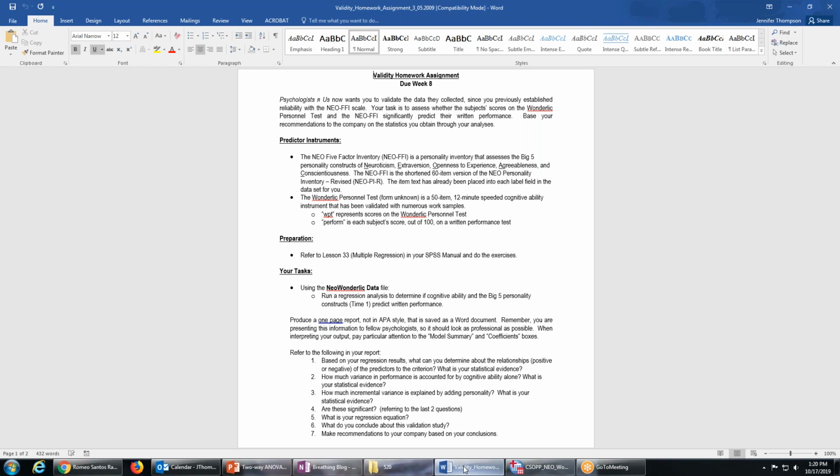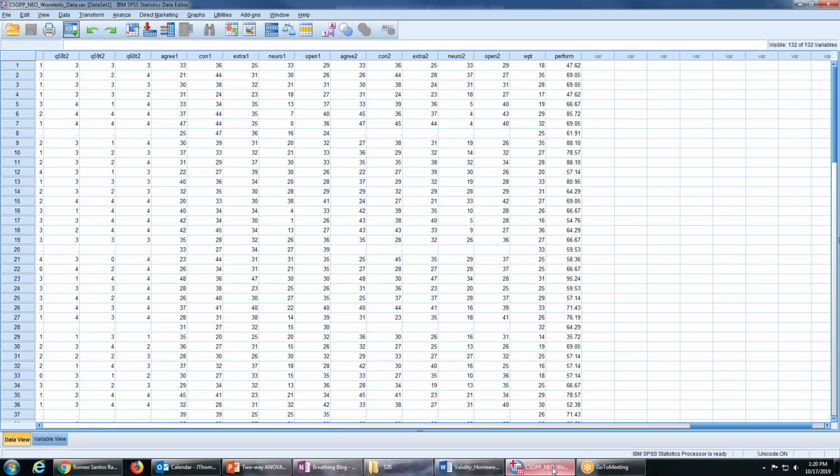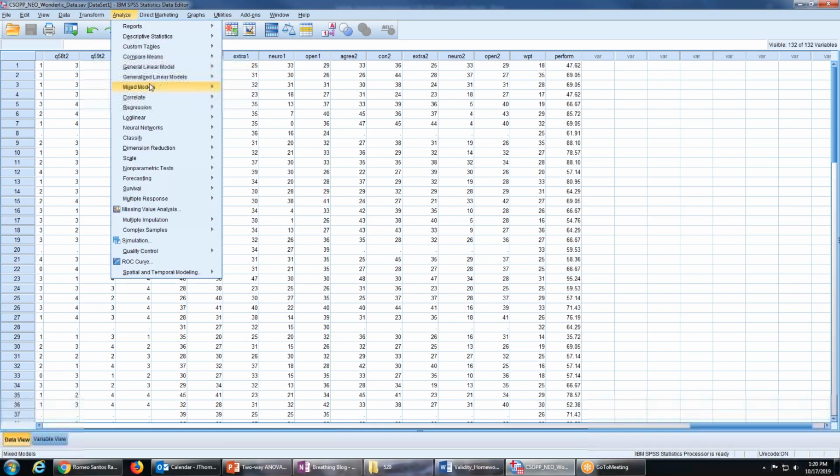Wonderlic personnel test, represented by WPT, is the cognitive ability, and Perform is the written performance test. And then it's also important to notice it says run regression analysis to determine if cognitive ability and the Big 5 personality constructs at time 1 predict performance. So right away, look at my data set here. Here's time 1, here's WPT, and here's performance. So I'm going to run a regression,